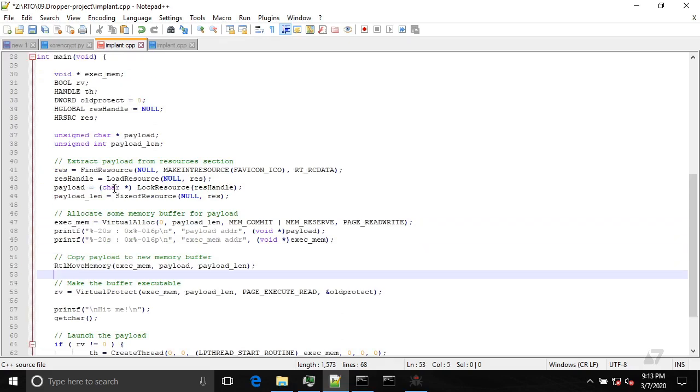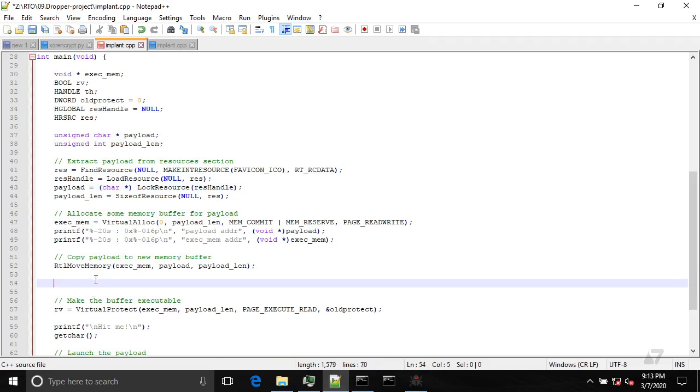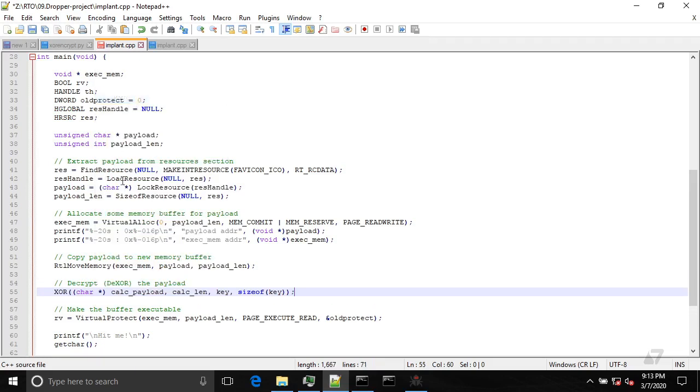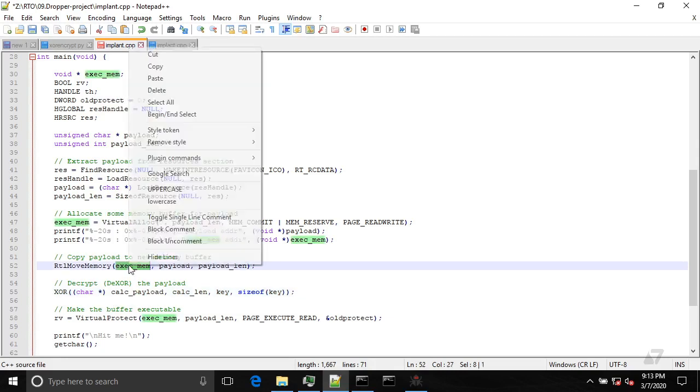Let me see, resources, go to payload, and yeah, we need to do it here. So paste in here, and it's not a calc payload, but it should be our exec mem. So copy,